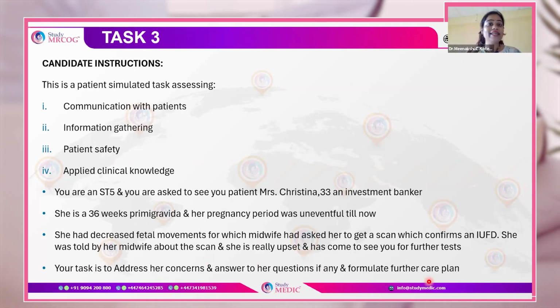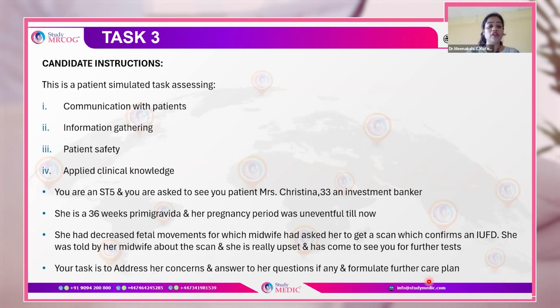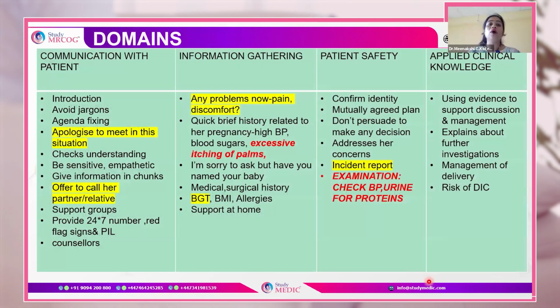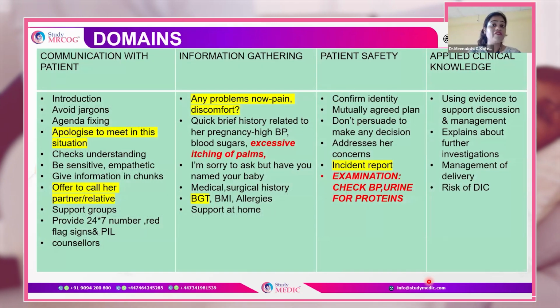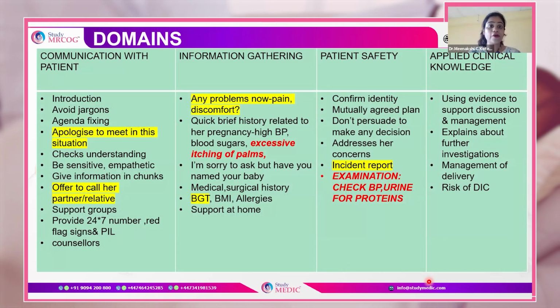See what exactly is asked from the station, and based on that only, you have to process your station. There are different possibilities for the station. One is that she is not aware of an IUFD, where you're going to disclose to her that it is an IUFD. So it's more of an emotional tangle where